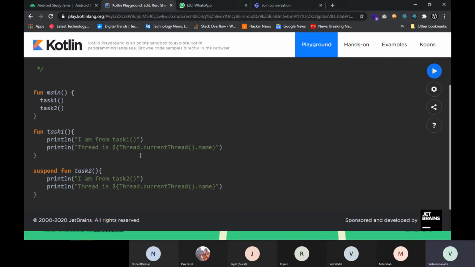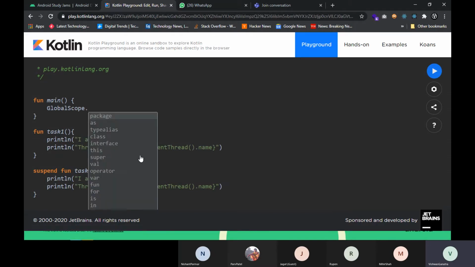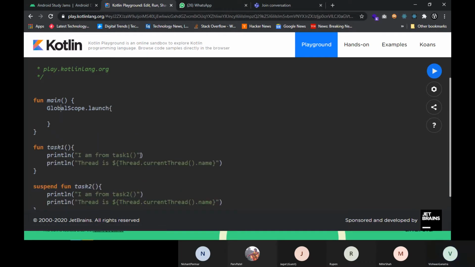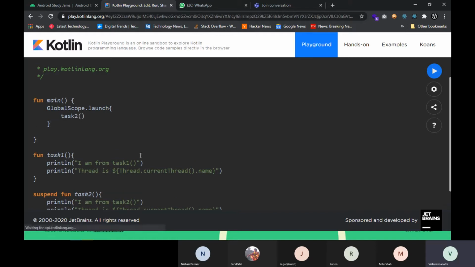Now we'll remove this and we'll call. You can execute or start a coroutine like this in a global scope. For that, I'll write the keyword GlobalScope.launch, and then I will call the suspended function, that is task 2, and then I'll call our normal function, that is task 1.